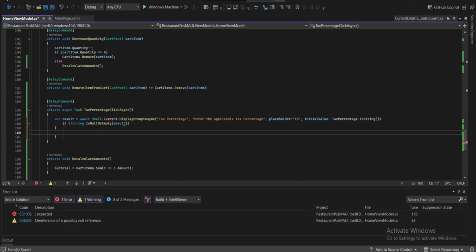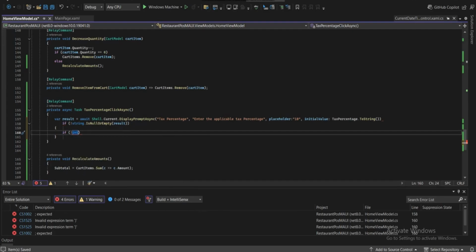Okay, so now we are setting the conditions so that the user can only set the text percentage within the limit. He cannot cross the limit above 100 or below 0 because it will not be accepted. So for that, I'm going to set the conditions here. If condition. So for that, I'm again using the if